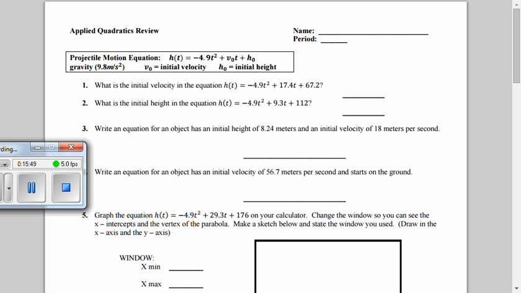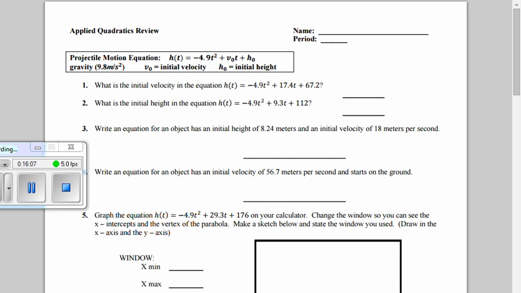17.4. Go ahead and write that in. On number 2, what's the initial height, the starting height for that thing? 112. It's the last number, okay? And please write the equation then for something that starts at 8.24 meters and then has an initial velocity of